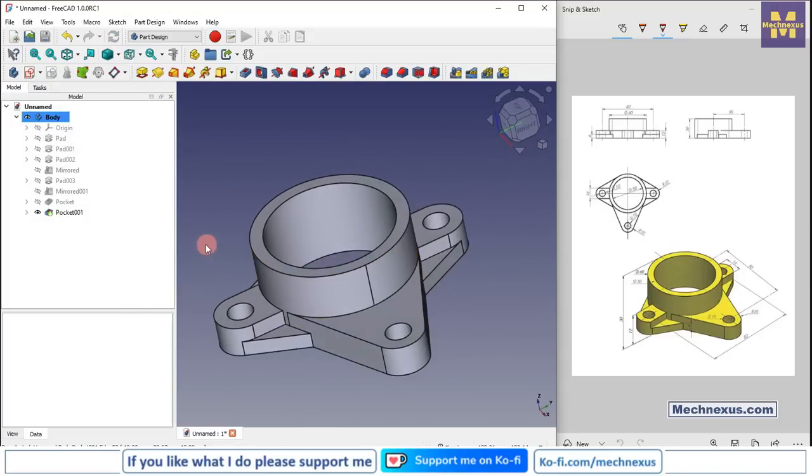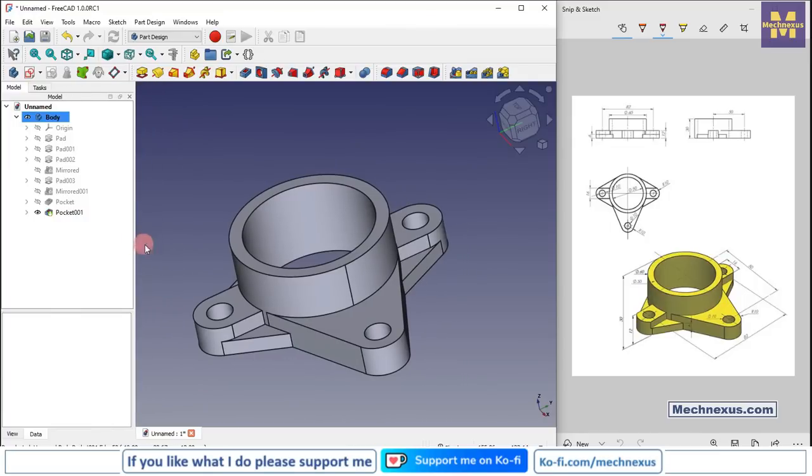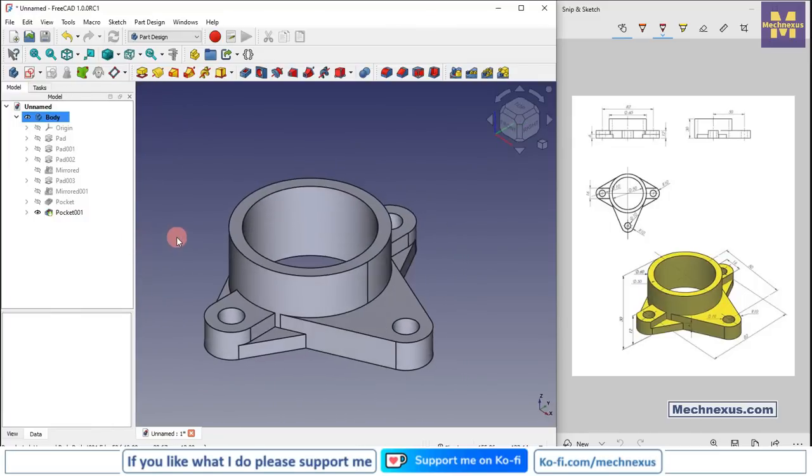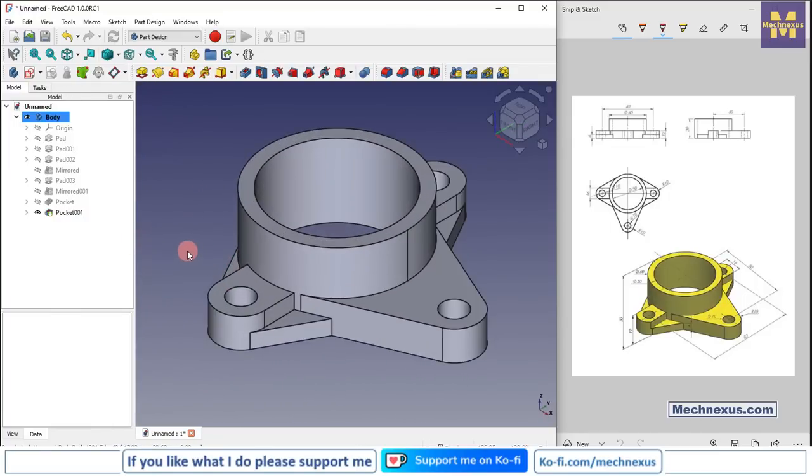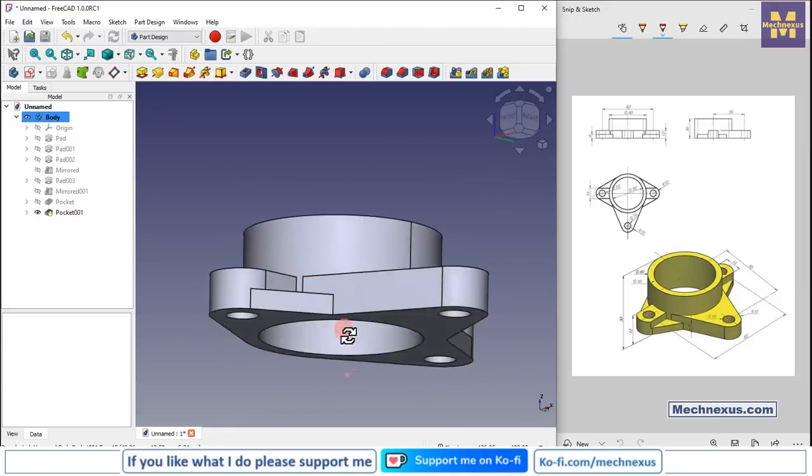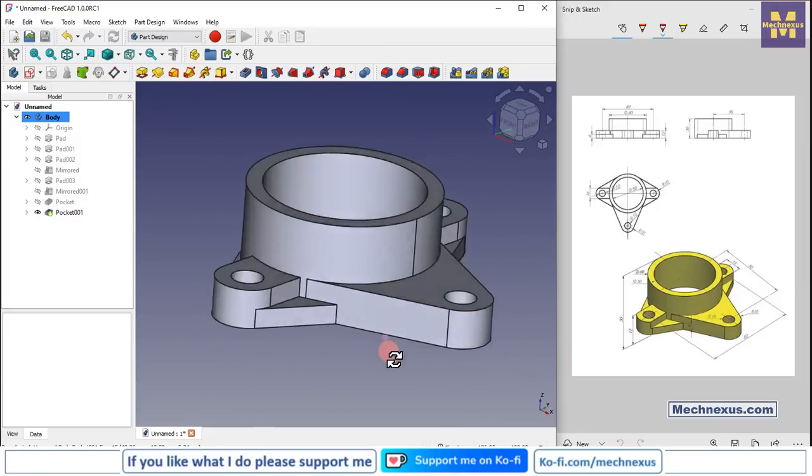So this is how we have created a model with FreeCAD RC1, and this was a very simple tutorial designed for the beginner user to get familiar with the sketcher of the RC1 release of FreeCAD. I will make more videos of part modeling on the new release of FreeCAD 1.0, and I will make much more complex models